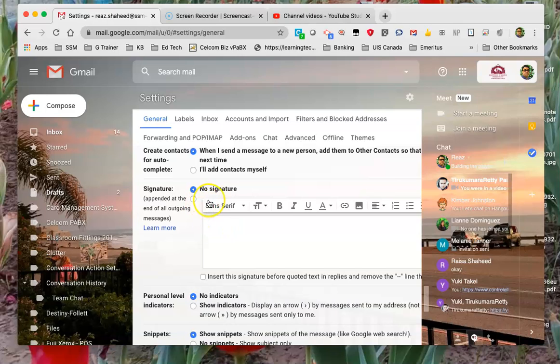So the first thing I need to do is to choose the other radio button, and then in this box I can either type in whatever content I would want as my signature, like my name or anything else, or I could also copy and paste it from another source. I already have my signature copied from a Word document, so I'm just simply going to paste it here